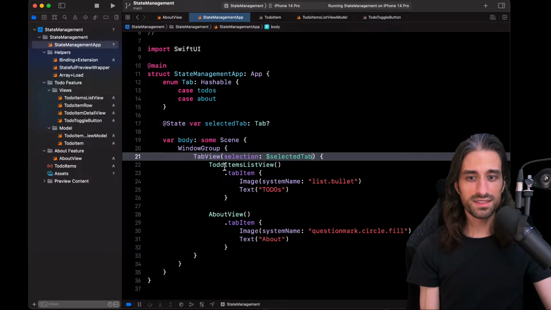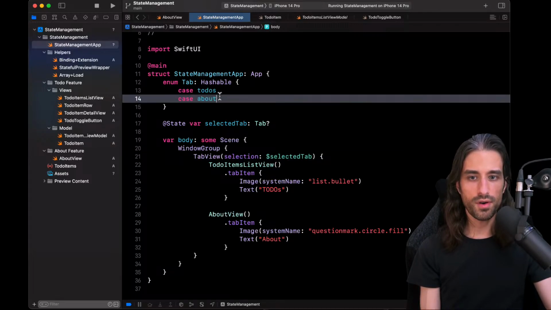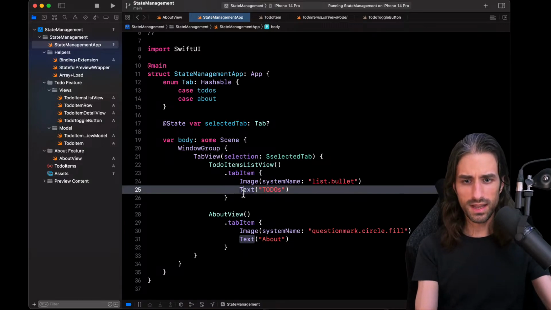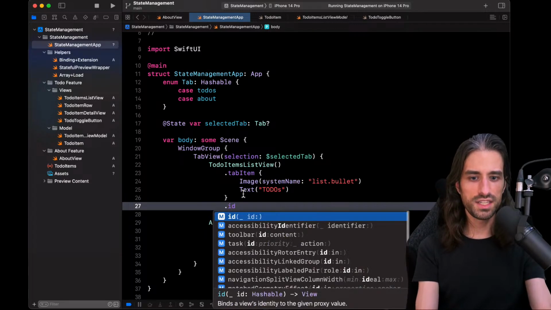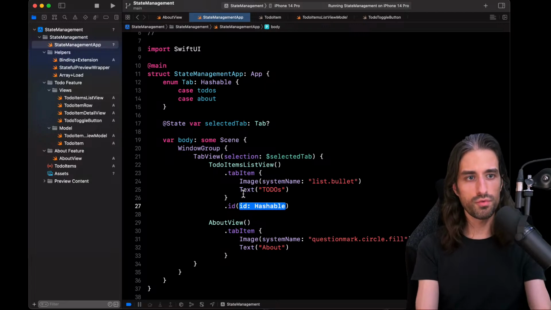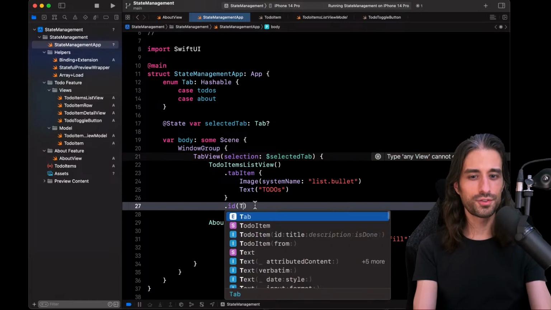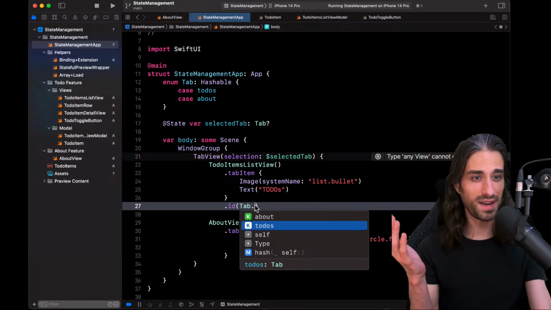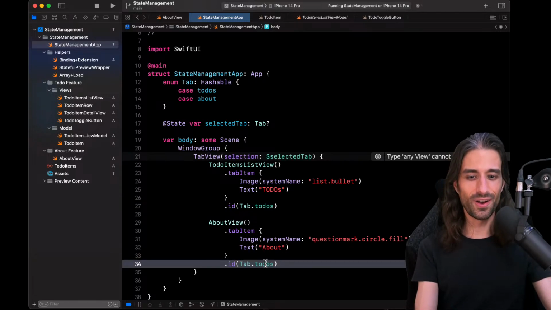But I need to let TabView know that this one right here has for ID todos and this one for ID about. And so the way you do it, if I'm correct, is not with a tab modifier, but actually with the id modifier, which is a modifier that is common to all views. It lets you give an ID to a view, and in this context, TabView, if I remember correctly, will interpret the ID as the selected tab. I say might because I'm going off script right now. I haven't prepared this, so I might be wrong and not remember it correctly. So we'll see how that goes.